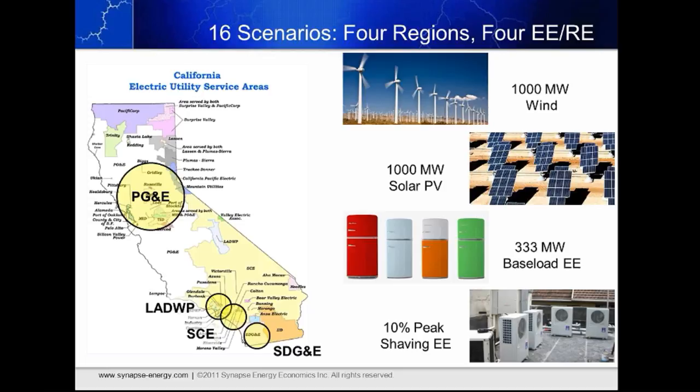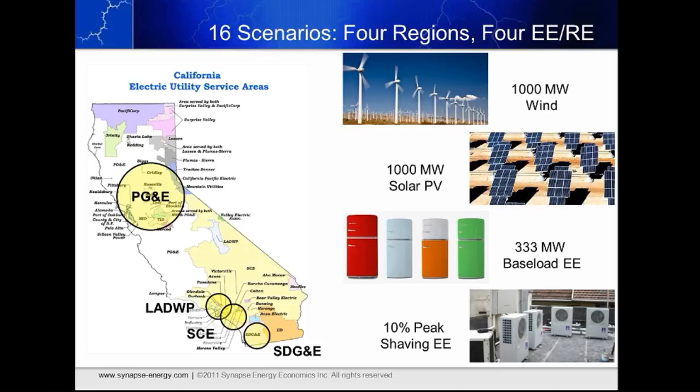So those 4 regions are Pacific Gas and Electric, which comprises most of Northern California, the Los Angeles Department of Water and Power, which comprises mostly the city of Los Angeles, Southern California Edison, which is fairly intimately connected with Los Angeles and surrounding zones, and then San Diego Gas and Electric, which is the far south of California. And between the 3 ISOs, PG&E, SCE, SDG&E, and the large municipal of Los Angeles Department of Water and Power, we're encompassing the vast majority of energy that's actually utilized in the state of California.